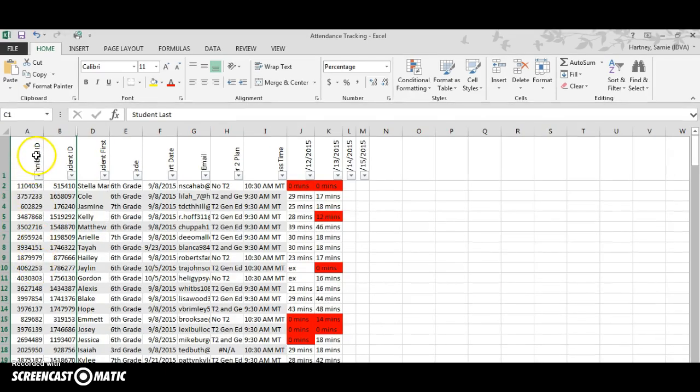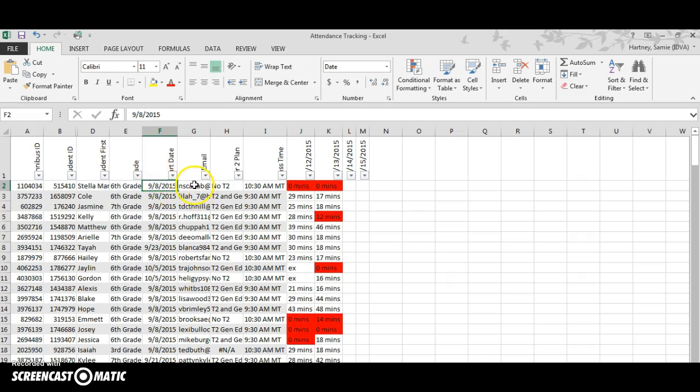On my spreadsheet, usually I'd start with the student ID number, but the reports that we pull from the Class Connect reporting is using the Omnibus ID number, as Amber let me know, which was very helpful. So I ended up doing a VLOOKUP to get the Omnibus ID number linked with the student ID, and then I put that as my first column so that I could continue to do VLOOKUP. So I have last names, first names, their grade level, their start date, so that I could easily do excuses